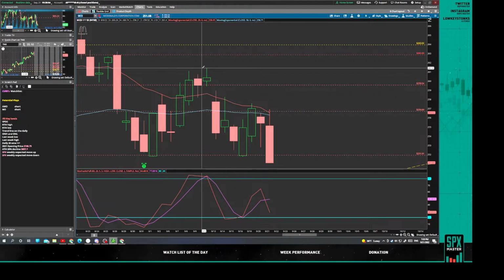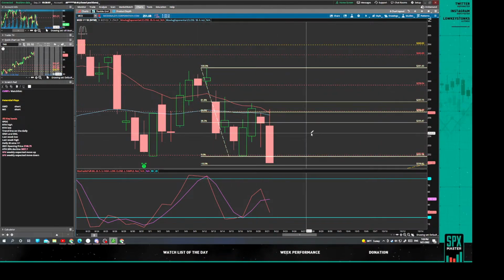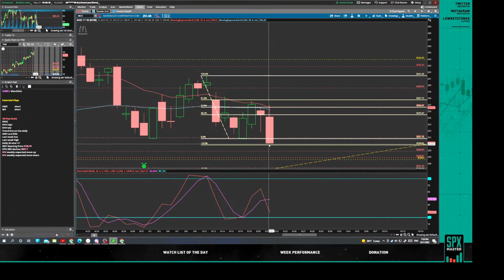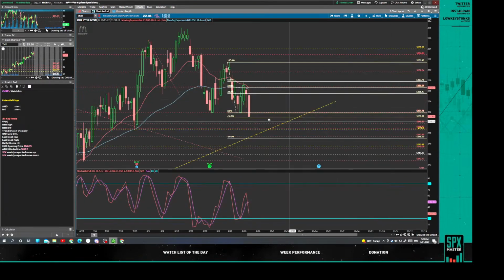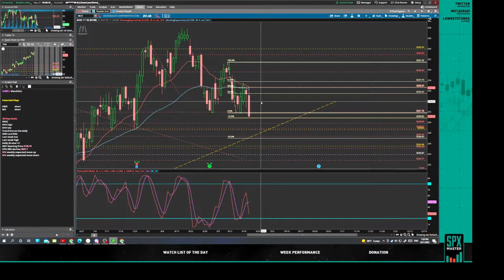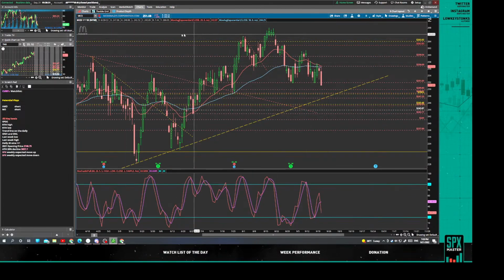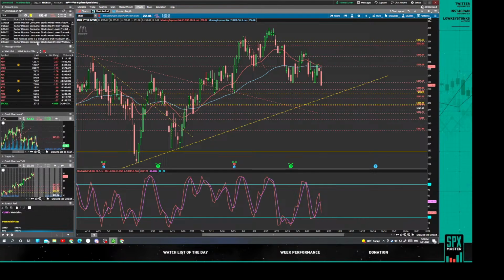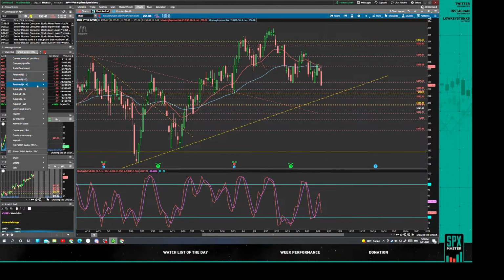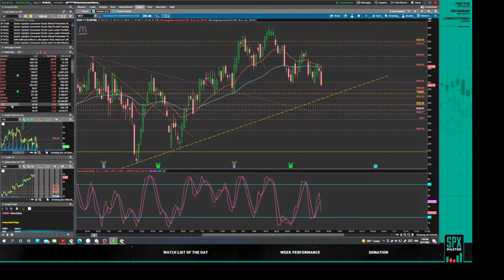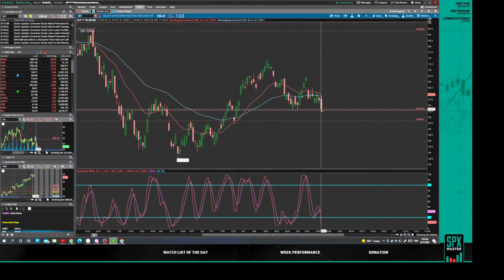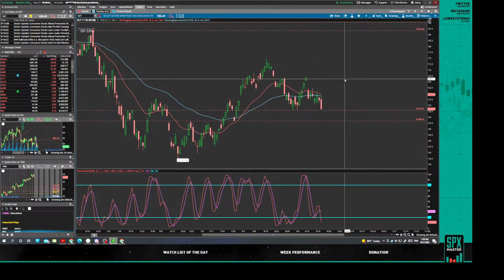Objectively speaking, if we take this high, this last leg down, we have to just be careful that the move may end at the 10% extension. But if it goes, we can take it into this trend line right here. So some stuff looks a little more clear to the downside than others, but given that, let's say XLY, I think McDonald's is part of the XLY. That will give me an initiation for a good short. Let me see. Yeah, and McDonald's right here on the XLY, on the consumer discretionary. So I'm thinking that if we break this low right here, McDonald's is just gonna dump very nicely into some targets on consumer discretionary.